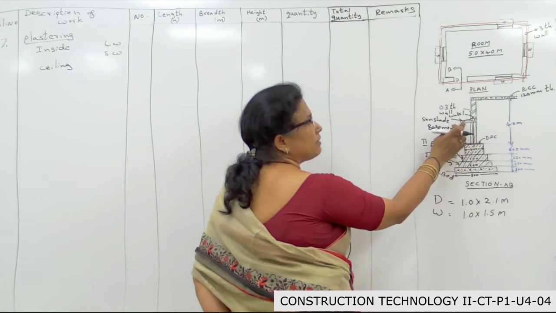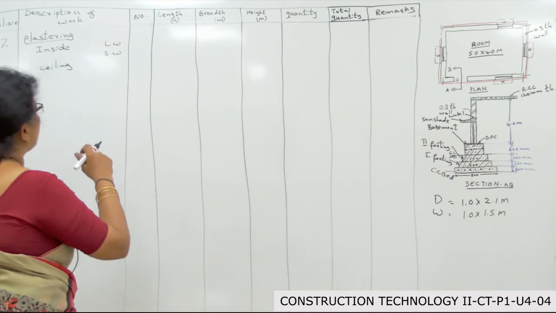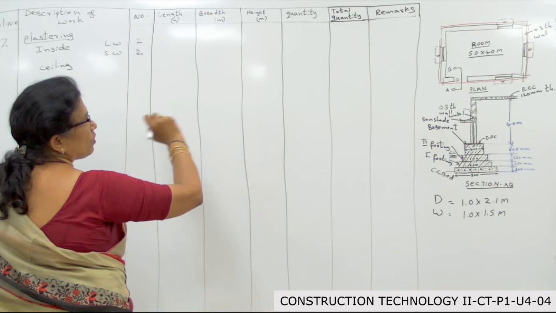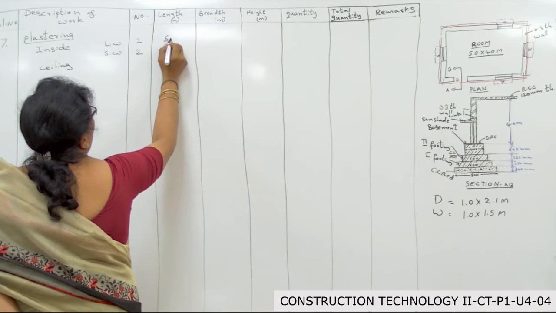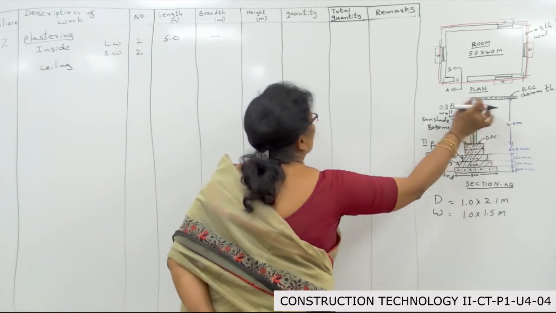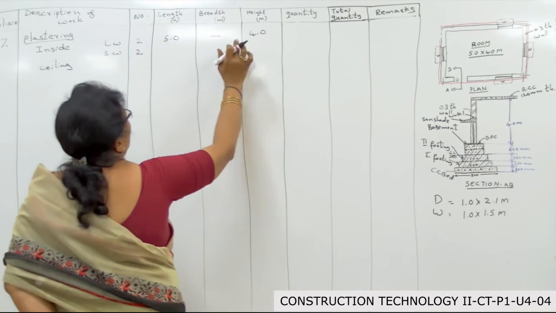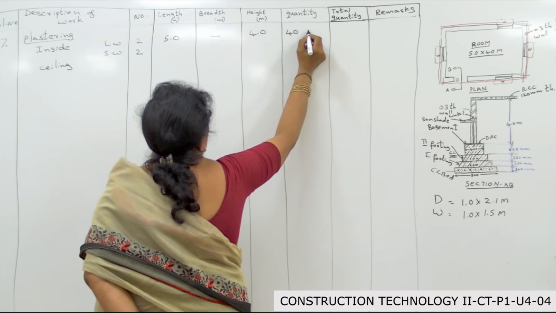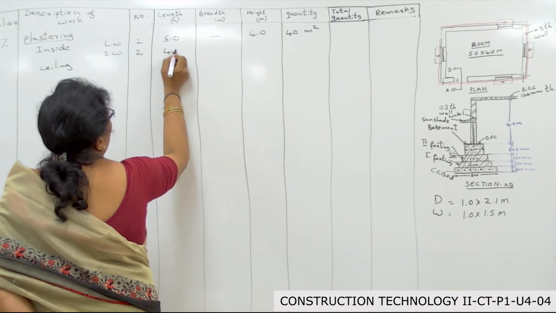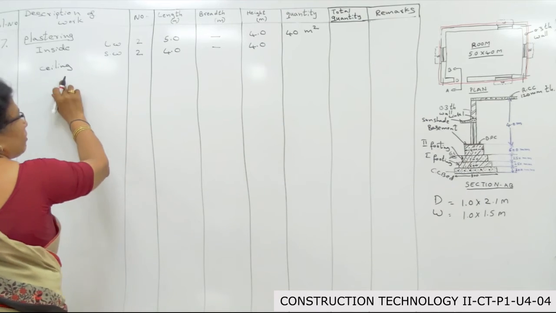Next item is plastering. You have to do plastering inside the door for all the 4 walls and external plastering also, and you have to do plastering for this sunshade, bottom side and top side. So we'll take the quantities here. So inside long walls and short walls. Number of long walls 2, number of short walls 2, and length of the long wall is 5.0. You won't have breadth. You have only height. Height is 4.0 meter. And when you multiply, you are going to get 40 square meter.